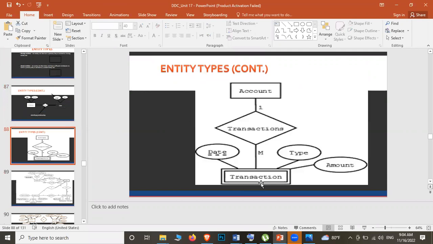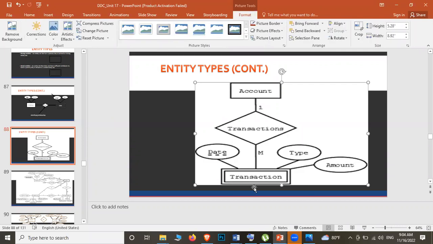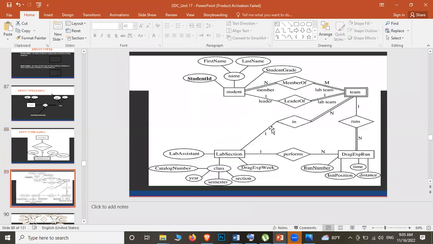There is an entity called Account and an entity called Transactions. So one account can do many transactions, isn't it? Here they have made a double line, you don't need to double line, but writing many is fine. So date can be taken as what? Primary key. According to this, they are taking the date as the ID, and type and amount are all attributes here. We'll just have a look at this.